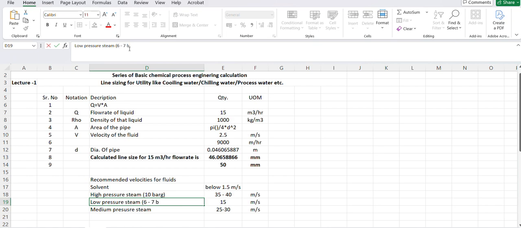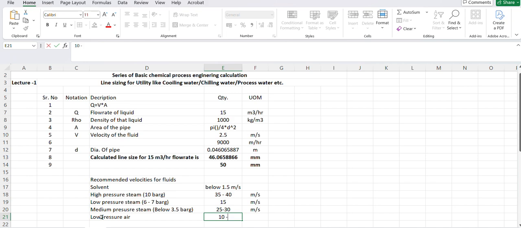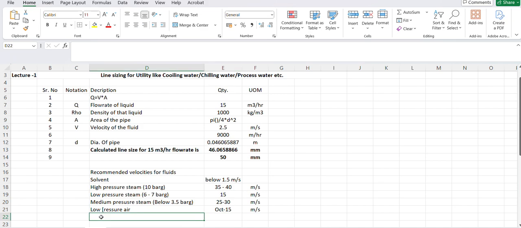Medium is 6 to 7 bar G, and low pressure means below 3.5 bar G. Low pressure air you can consider 10 to 15 meter per second, and for